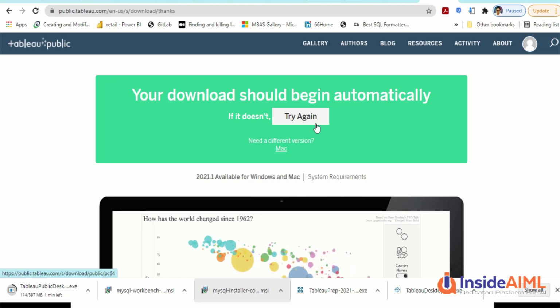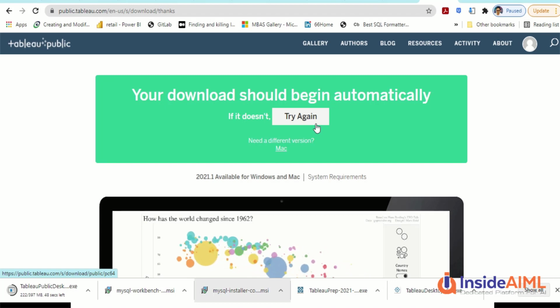The steps remain the same. Only thing you have to do, if the same account is not working, make sure you go ahead and make the account first and then log in once Tableau Public is installed. There is no separate step. Once Tableau Public is downloaded, you can double click and sign in using your Tableau Public account. What I'm going to do is let it download, double click and install, and showcase if it asks for login, because I already have Tableau Public and am logged in. But let's go ahead and try that out.